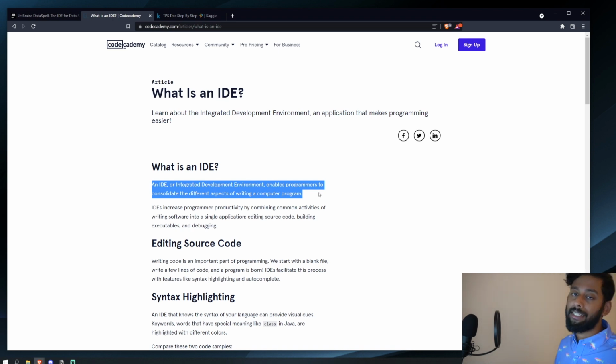Now, why do data scientists and analysts need a different IDE from software developers and computer programmers? Well, a lot of that just goes to the different ways that data analysts and scientists use programming versus people who work in software. Usually analysts and scientists will work in a couple of libraries in one language. So for example, within Python, they'll be working in pandas, they'll be working in scikit-learn, which is a machine